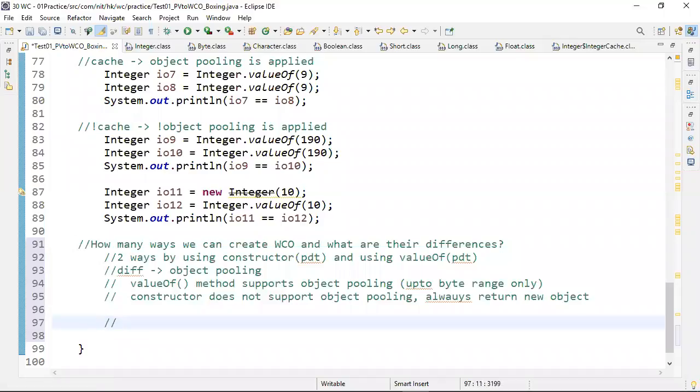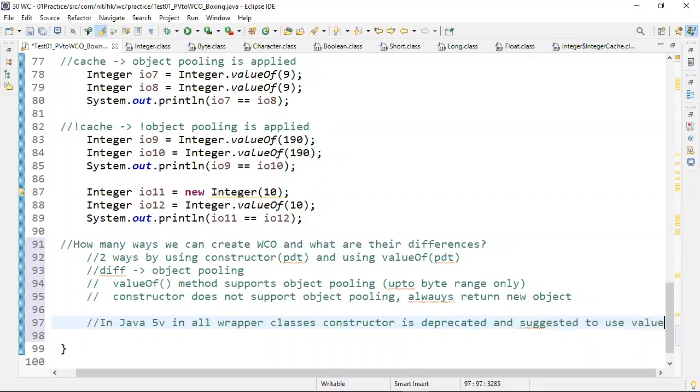And very important, in Java 5 version, the constructor in all wrapper classes is deprecated and suggesting to use valueOf.